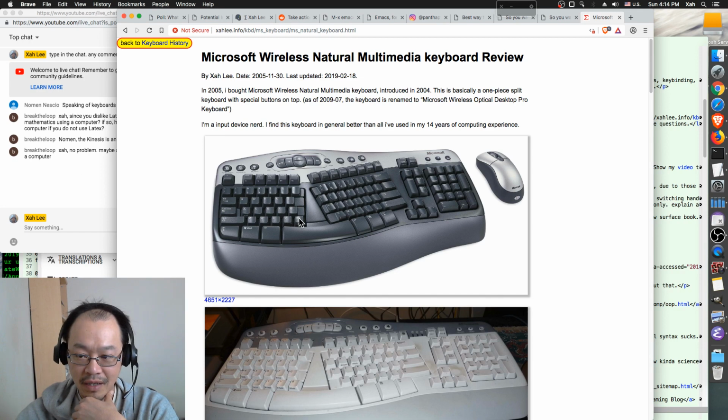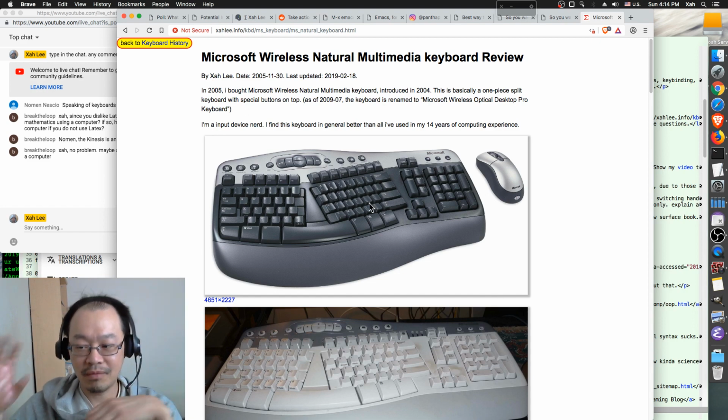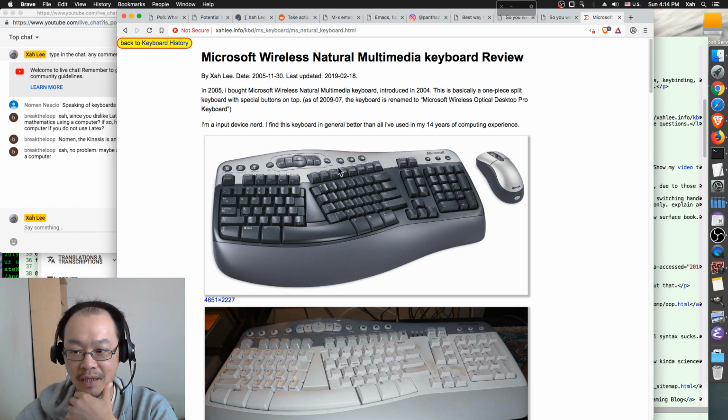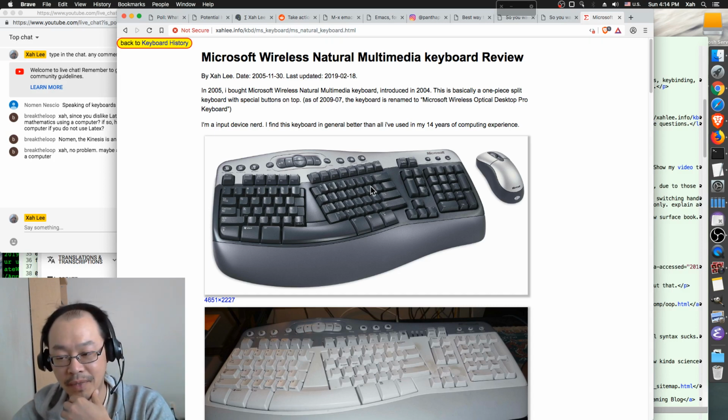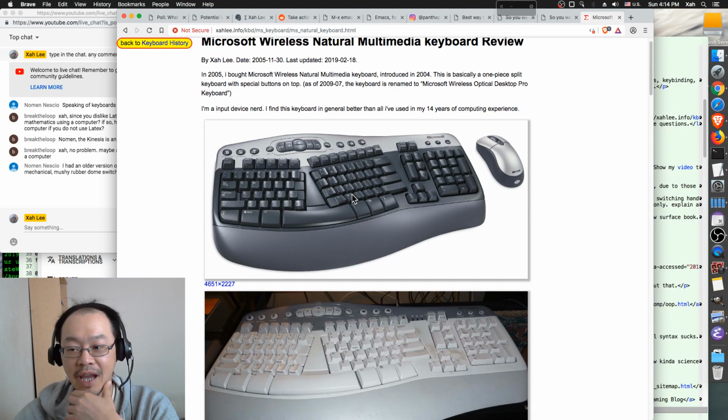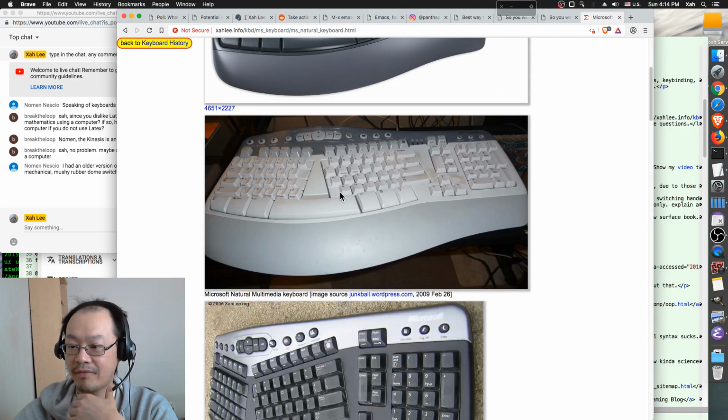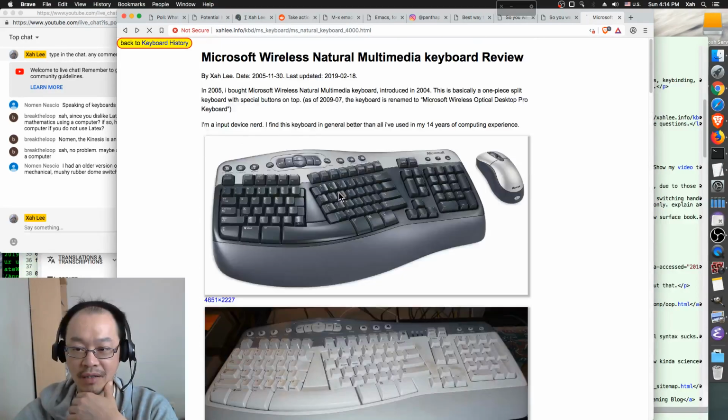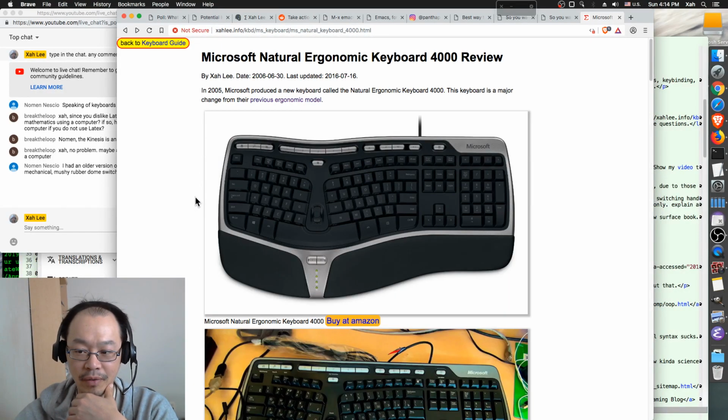This key is B, but on Dvorak layout it's X. So it was my habit to use my left hand to hold the control key down and use my right hand to press the X on a normal keyboard. So I didn't like this. But because I had hand problems since 2006, I forced myself to use this keyboard. And once I got used to it, after a month or two, I now feel an ergonomic keyboard is a must have. When you type on a straight keyboard again, within a minute you feel pain.